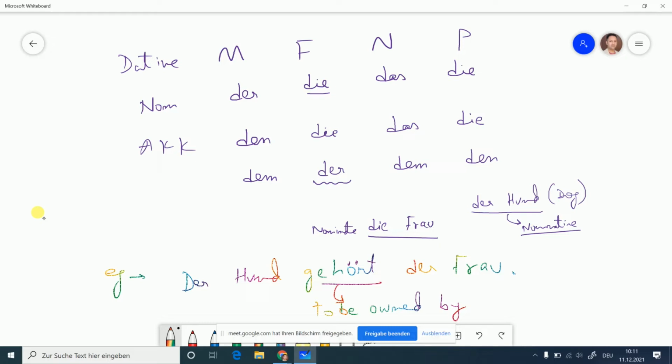So you see, der Hund is very obvious. That is, the gender of Hund is always der, that is masculine. So this is absolutely fine. Gehört der Frau. Now, if you see this sentence for the first time, you will be amazed or surprised to see why this der is there with Frau. Because der is a masculine gender. And why is it associated with Frau? So the reason comes here.